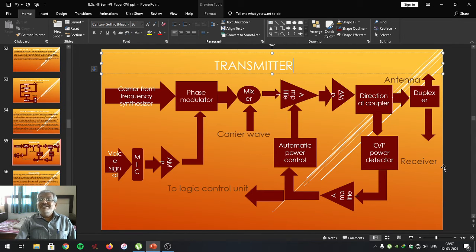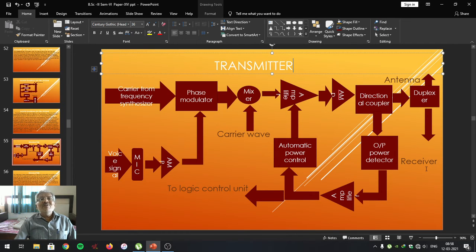Because we studied the concept of a cell. A cell is that particular geographical region that contains its own transmitting tower and receiving tower. Those are used to transmit the signal from one cell phone to another cell phone. But instead of using a high power transmitter, the entire geographical region is divided into many subcells, and each cell has its own transmitting tower and also its own receiving tower.